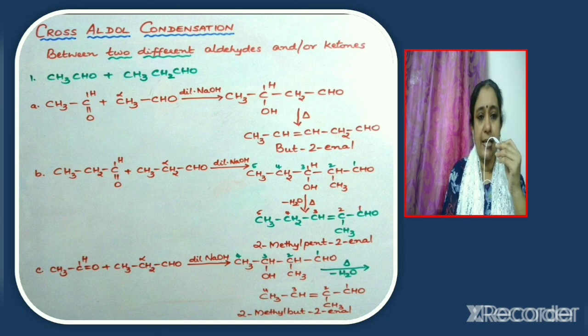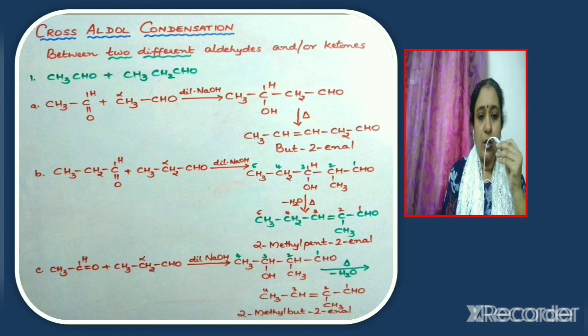Now consider the second case. Let the reaction be taking place between 2 molecules of propanal. You can mark the alpha hydrogen because it is the alpha hydrogen which gets shifted to the carbonyl oxygen of the other propanal molecule. So here the aldol condensation reaction will take place and we get an aldol. This aldol formed, when heated, eliminates a molecule of water and gives the final product. Now which is the final product obtained in this case? It is 2-methyl pent-2-enal. It is an alpha beta unsaturated aldehyde. So the product obtained in this case is 2-methyl pent-2-enal.